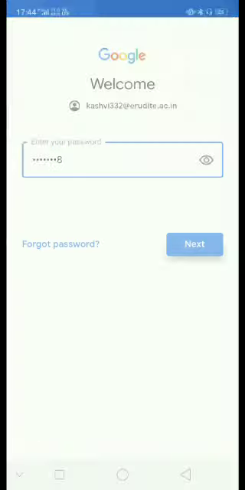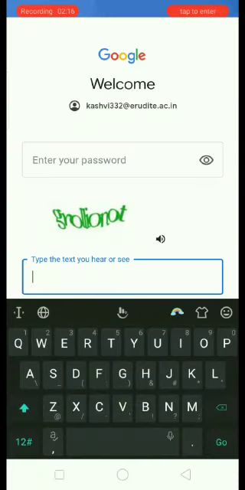Then this password page comes. See, as I'm typing the password which we have given, that is 1 2 3 4 5 6 7 8. After typing in, another page will come. Just wait for a second. The screen has gone blackout, as you know. While screen recording, passwords are not going to be seen. So this page has come.